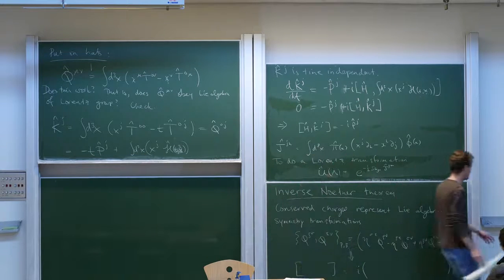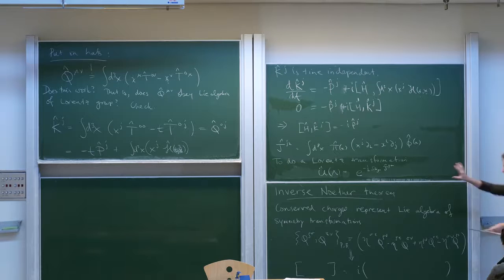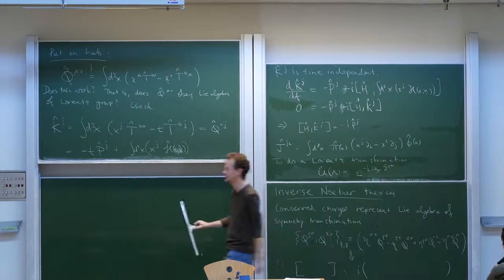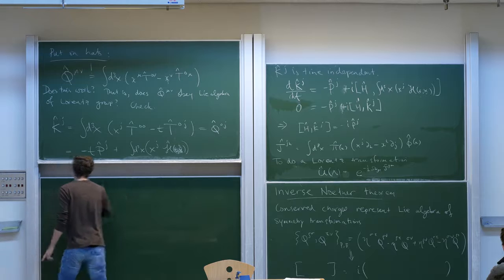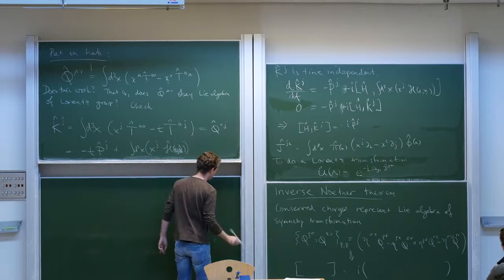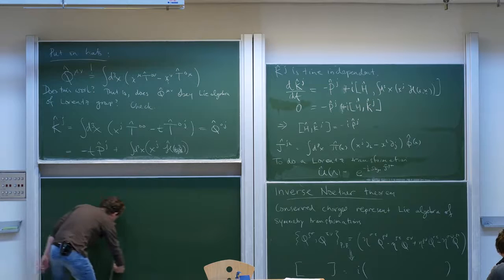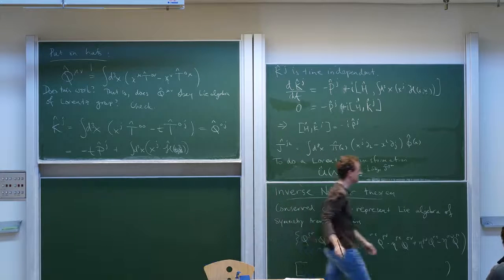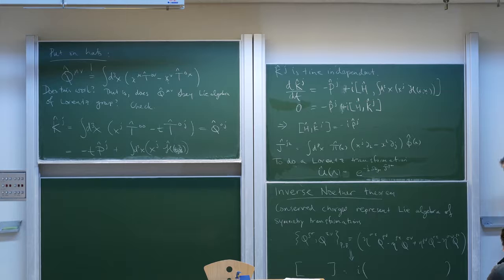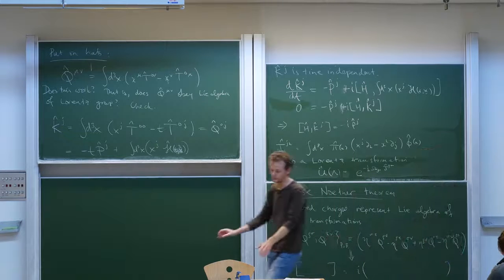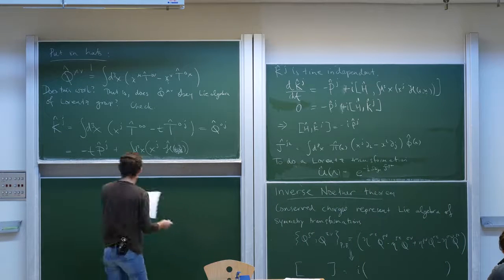I'm going to write out the answer, but it is an exercise for you to check all the appropriate commutation relations work out. So at least for the Klein-Gordon field, we're going to have